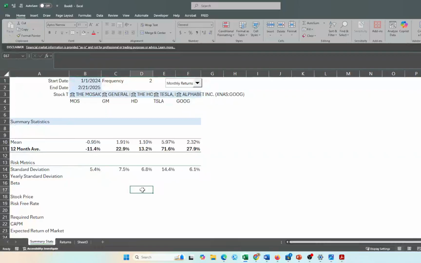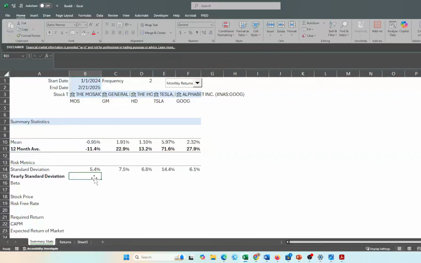There's a standard deviation per month, per whatever period we're in. Right now we're in monthly returns. That's per month. Okay, next, I want to convert to the yearly standard deviation, or the 12-month standard deviation. Now, you don't multiply it like the average to find it. I wouldn't multiply it times 12 or 52. What we want to do is multiply it times the square root of either 252